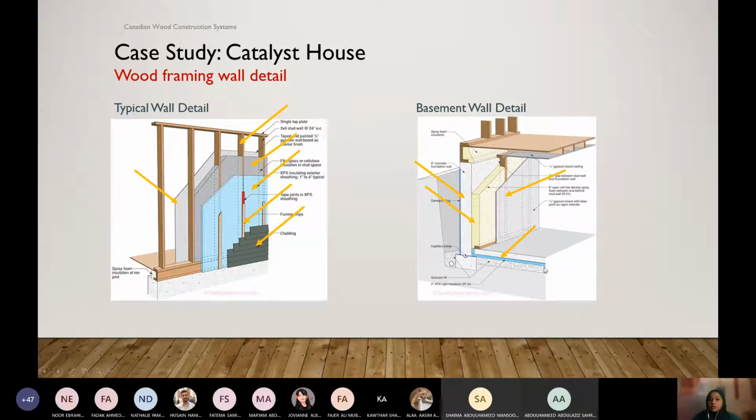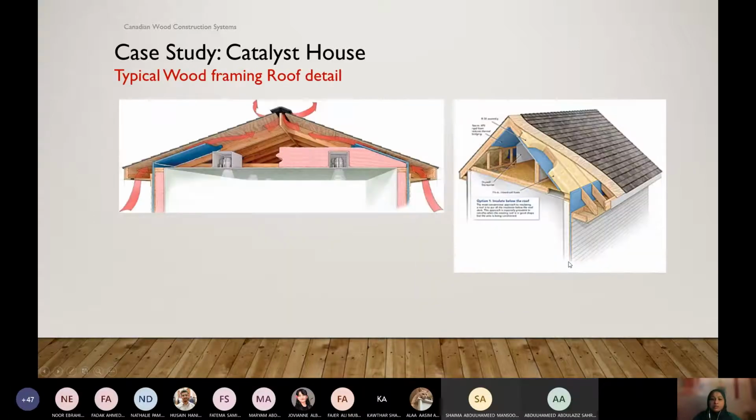But wherever we have our building system separating inside from outside, we use the insulation, even in the roof. You can see here the roof framing, the truss, and the insulation. Here, this pink thing is the insulation.